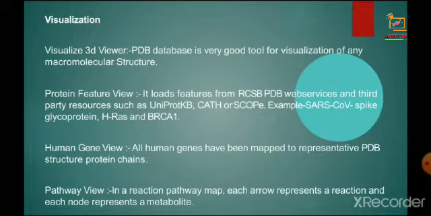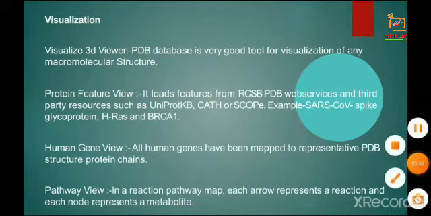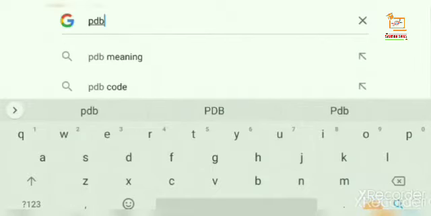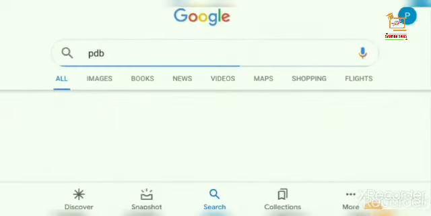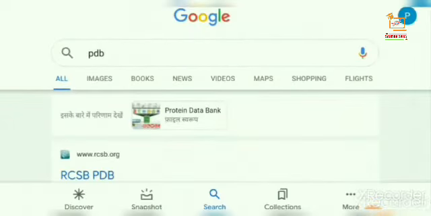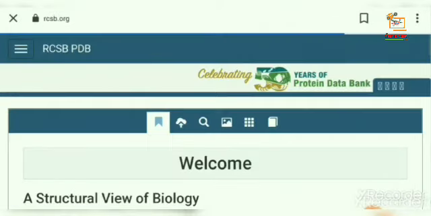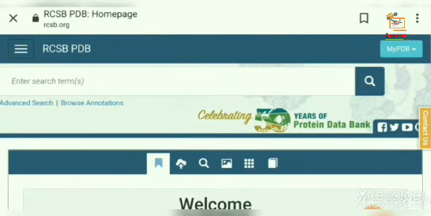Okay, so now I am going to explain the practical part of the PDB database. I write PDB and search, then open the official website of the PDB database and click on this, then open the home page of the PDB database.